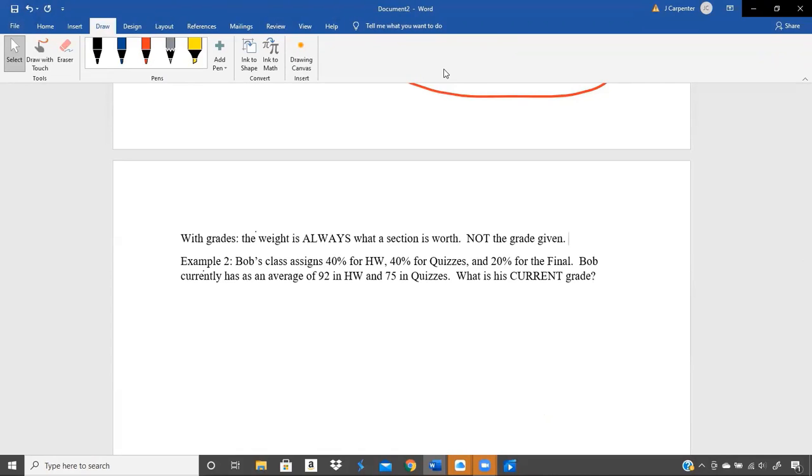So one teacher might decide to call midterm 50% of the class and final exam 50% of the class. So all they have is a midterm and a final. Wouldn't you love that in this course? So one teacher decides they're equally weighted, 50-50. Another teacher says, yeah, I'm going to call the midterm 10% of the class and the final 90% of the